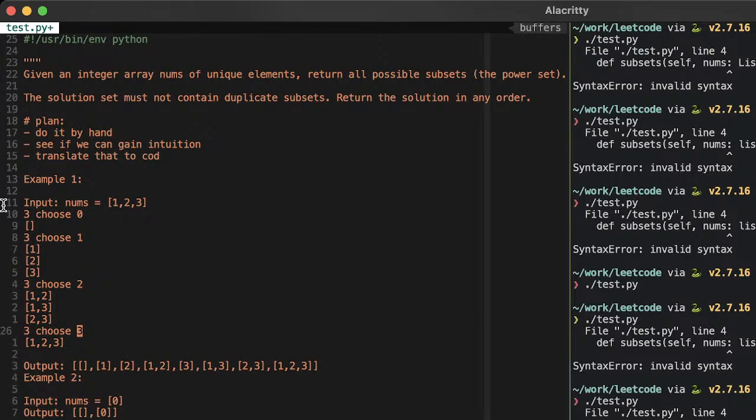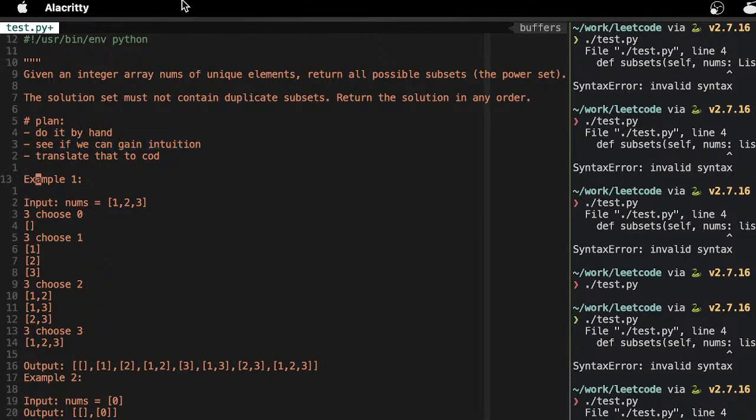So I know how to get the number of subsets. But now the question is, how do we get individual values? So let's think about this. Let's do one more, I guess. Yeah. Whenever I can't figure it out, I just do a couple more examples. Try and get this intuition. And we'll call this quits.